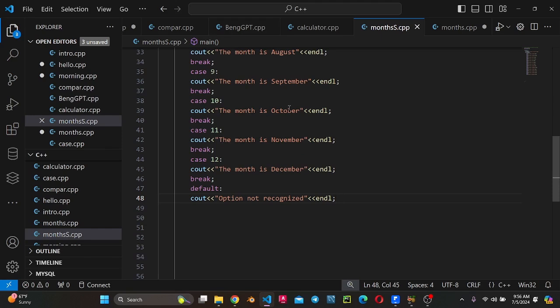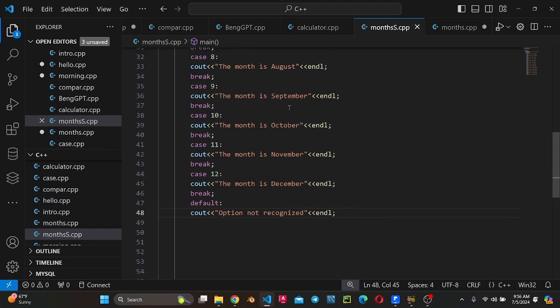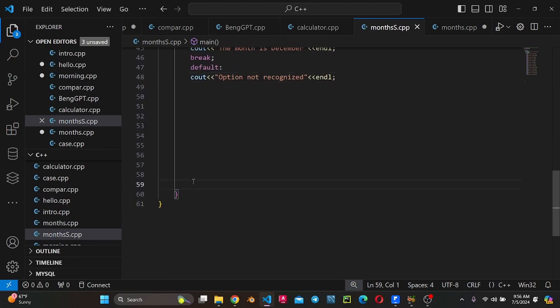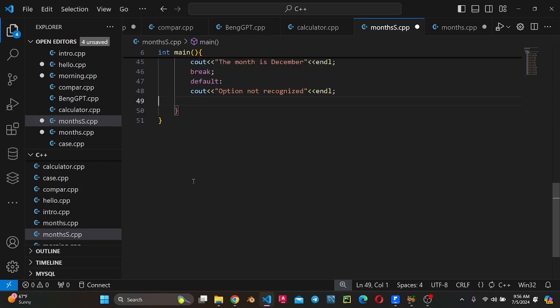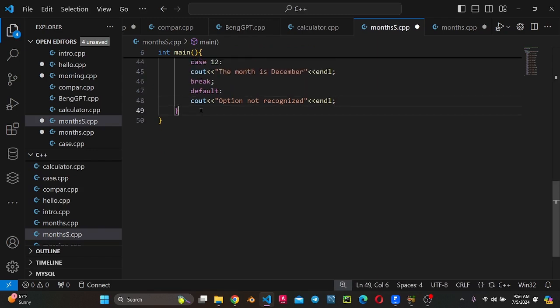But for now, with the knowledge we have, this is what I can write out to find the months of the year. I have unnecessary white space here. I'm just going to delete that. Blank space, you shouldn't create that. Right, at the end of the C++ file, this worked even without adding return 0, but if you want to, you can just add return 0. I think for examination